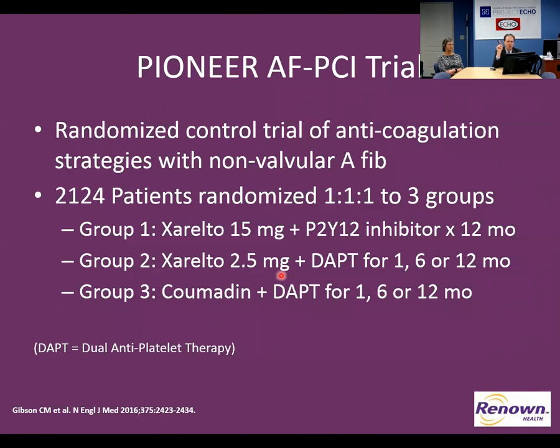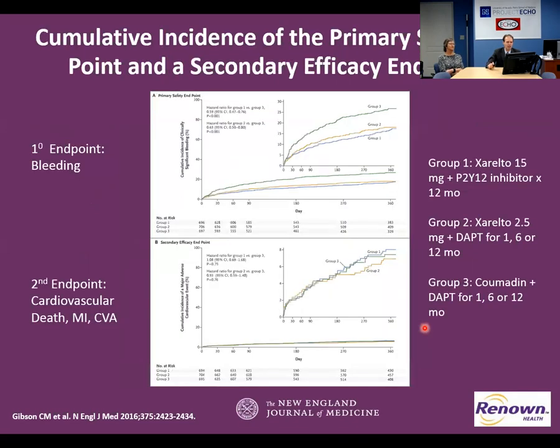That 2.5 milligram strength is what we use for peripheral artery disease now. And I'll talk about COMPASS as time permits, which might not, but the slides are there. Dual antiplatelet therapy for 1, 6, or 12 months, and then they compared that against Coumadin with a similar strategy. So here's the design. What you see is that when it comes to bleeding, group 3, who used Coumadin, had much higher bleeding than the Xarelto groups. They didn't see stent thrombosis even with the 2.5 milligram strength, but again, the trial wasn't powered to detect it. Any other major adverse events were not different between the 3 groups at 1 year.